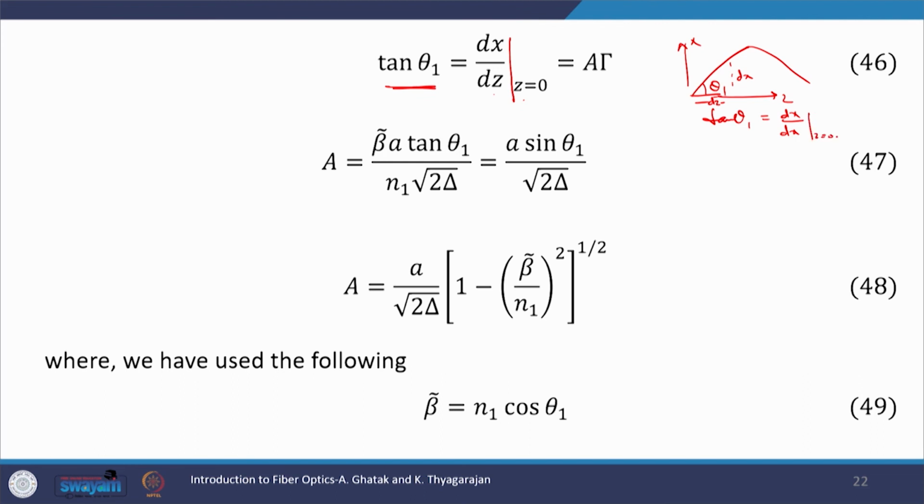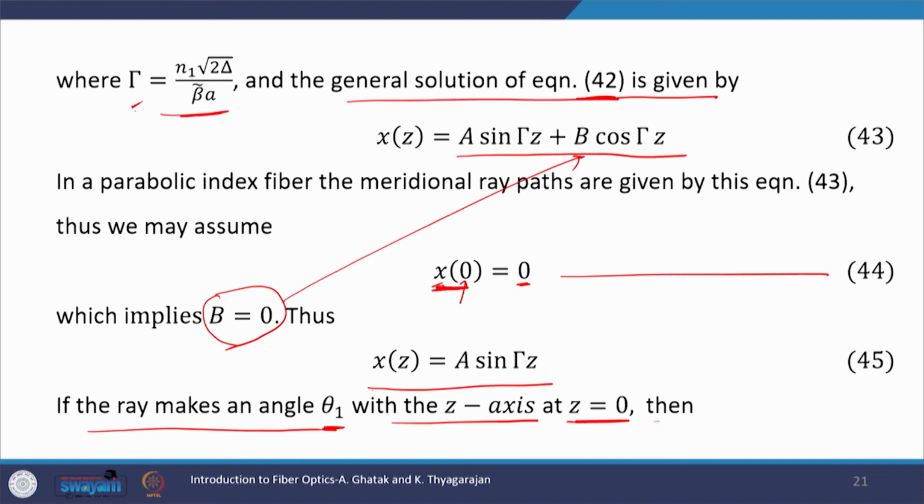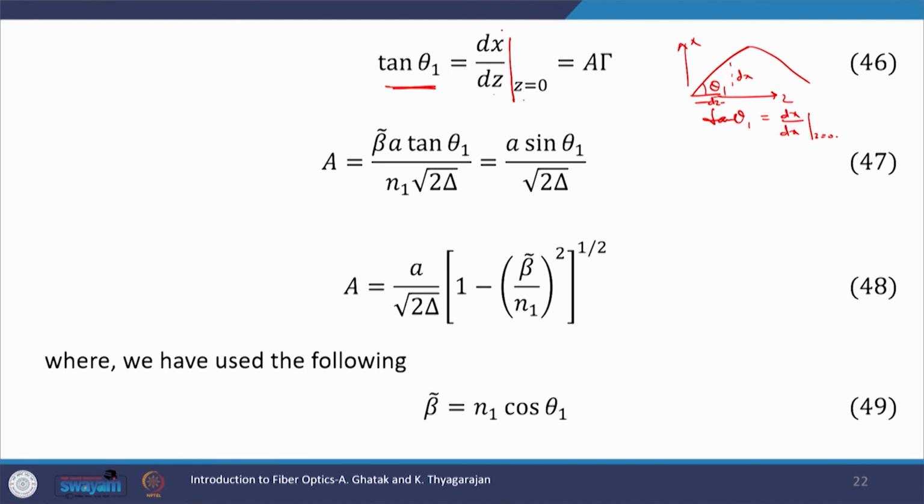Now, dx by dz at z equal to 0 from equation 45 gives us, because if you differentiate equation 45 to calculate dx by dz, you would get a capital gamma cos. Let us differentiate it here. Now, dx by dz is equal to a capital gamma cos gamma z. This at z equal to 0 is equal to a capital gamma, because cos 0 is equal to 1. Therefore, this value would be equal to a capital gamma, and from here we can calculate the unknown,